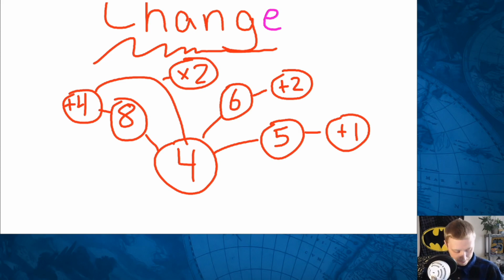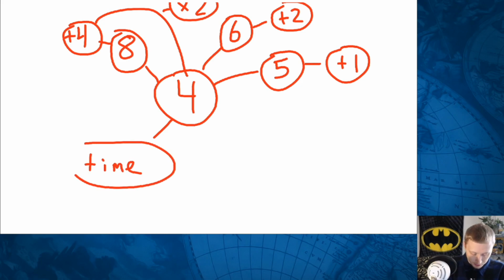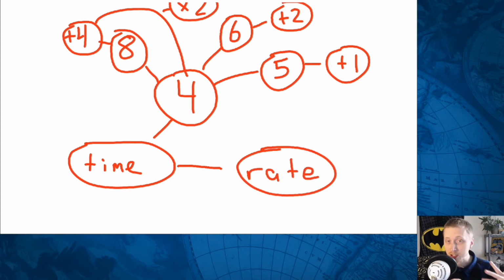Change happens. And typically, we're dealing with a change over time, right? That is the universe reality that we live in. Time keeps on ticking into the future, and things change and develop with it. So when we have a change over time, that leads us to a rate of the change. How quickly did it change, right?